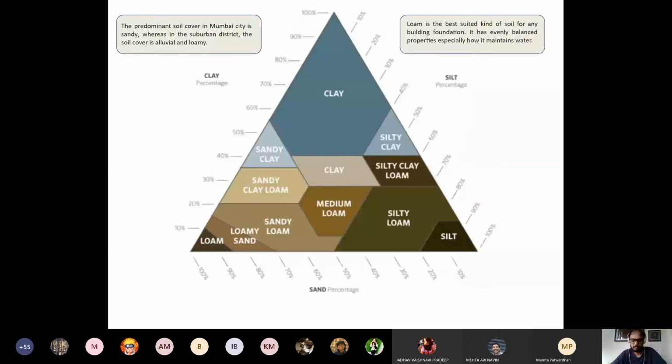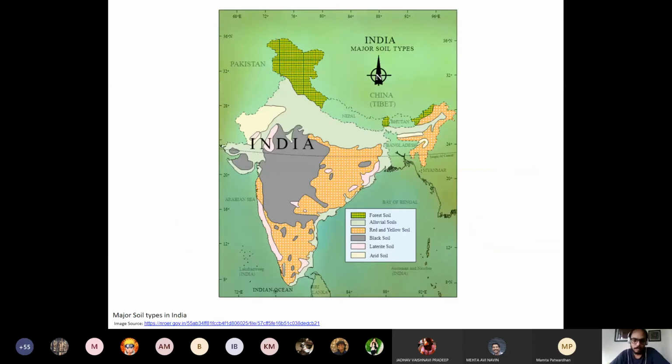I'm going to skip that because I think it's not very relevant. Although soil itself is very diverse, generally you will have to take cognizance of where you are building. This is just a very broad map of soil in India, but it's important to know that if you're building somewhere in, say, the Konkan area, chances are that you're going to get a lot of laterite soil. It means that the properties of soil and the kind of foundations required are different as against when you are building in alluvial soils, as in the Gangetic plains.